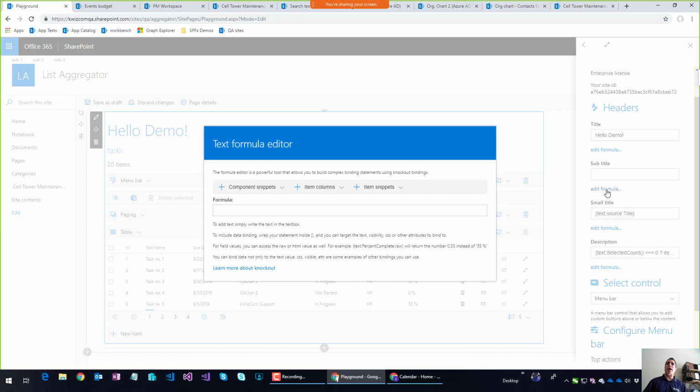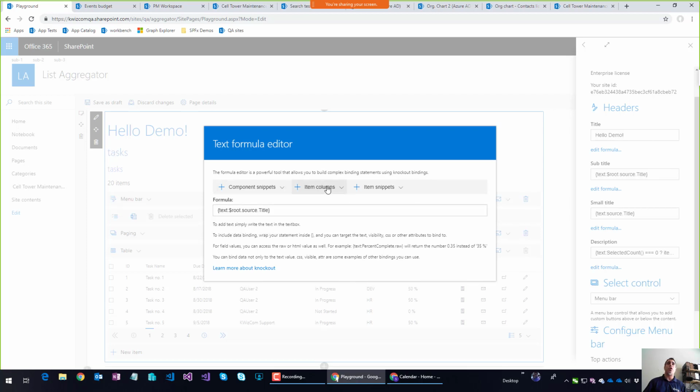For example, I'll click on the edit formula and you'll see that you can either have component snippets like show me how many items are selected or hide if nothing's selected. And it'll just give me a snippet right here that'll just not show anything if there's nothing selected. Or the data source title, which is another snippet. There's item columns,